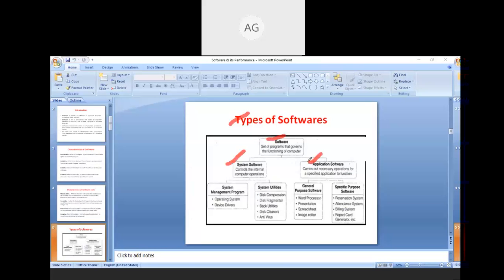I think you already studied in your first year class of basic computer engineering, in which you already studied the system and the application software. So basically, as you can see here, the definition is written here. All of you clearly see this slide, or can I enlarge it so that you can clearly see it?